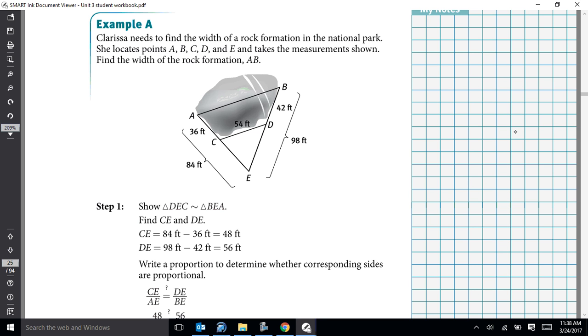is inside triangle CAC. So here we want to show that the two triangles are similar to each other, and we want to find the length of. Yes. So we know she directly measured the length of the and the length of the, so we can find what the this way. So what is